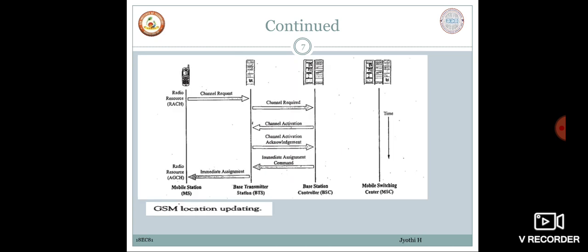So, here you are able to see the location updating, that is the mobile switching center, BSC and the BTS and the MS come into picture. Location updating is only the signaling between the BTS and the BSC. One is the mobile station request for the channel, which is required for communication, and that is going to be activated by the base station controller, and acknowledgement to be received by the BTS, and the immediate assignment of those channel will move to the MS via the BTS by sending the access grant